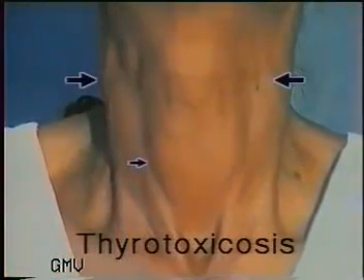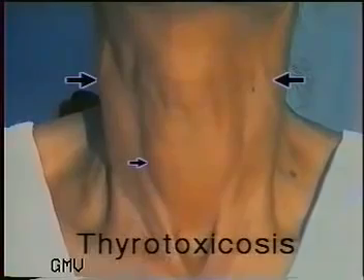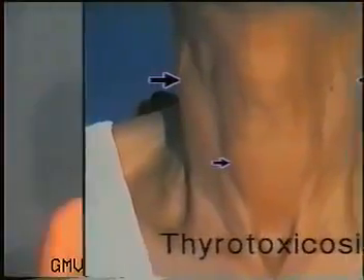Then watch the swelling for a few seconds quietly for pulsatility. Now ask the patient to swallow and look for an upward movement of the swelling. A thyroid swelling characteristically moves up during deglutition, as it is enclosed in the pretracheal fascia, which is fixed to the thyroid cartilage. So when the superior constrictors of the larynx pull the thyroid cartilage up during deglutition, the thyroid also moves up and down.